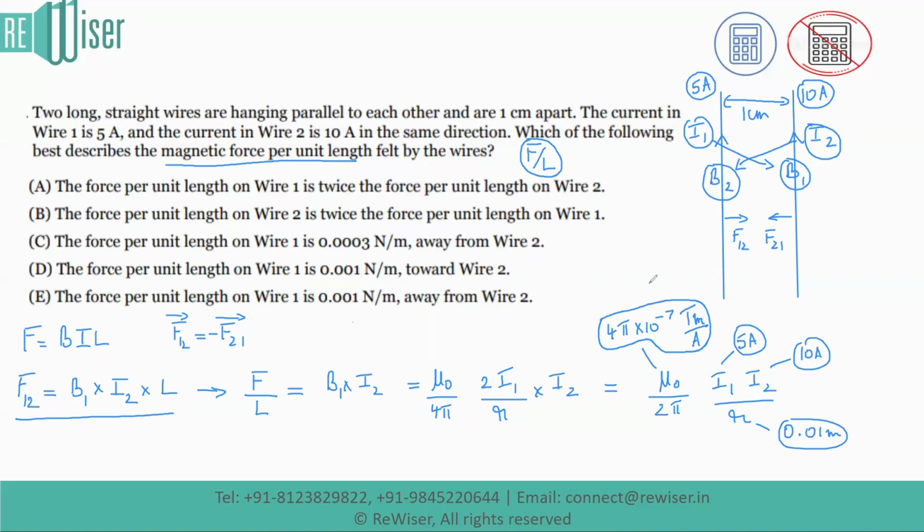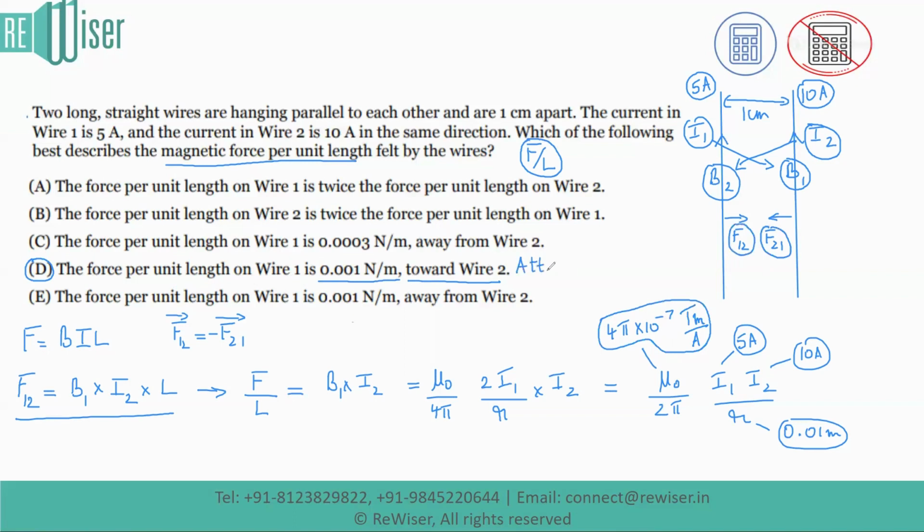With these substitutions, we will find that the force per unit length is exactly equal to 0.001 newtons per meter. And I told you this, since the two wires are attracting each other, the only statement which makes sense is option D, which says that the force per unit length on wire 1 is 0.001 Newton per meter, and it is acting towards wire 2. So we notice that it is acting towards because the two wires are